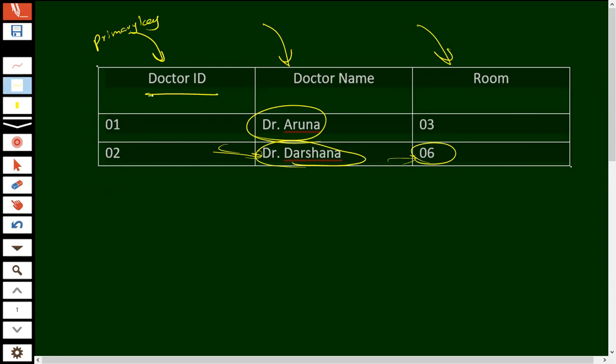So we have to underline the primary key in a table. So these are rows or records. We can mention it as a record also, or as a tuple, a new word, tuple. Row of data, record of data, tuple of data, the same thing, right?